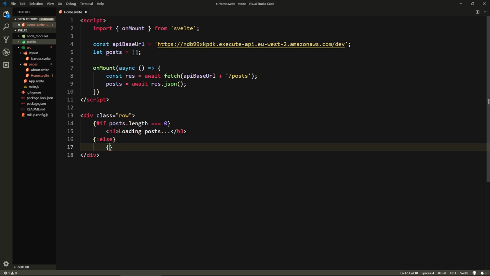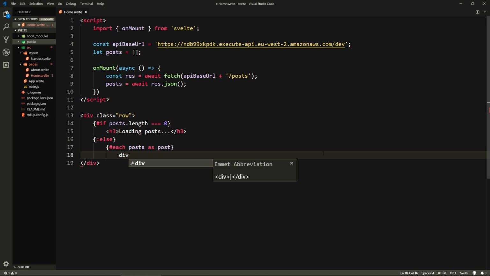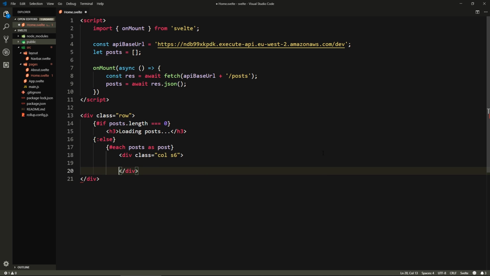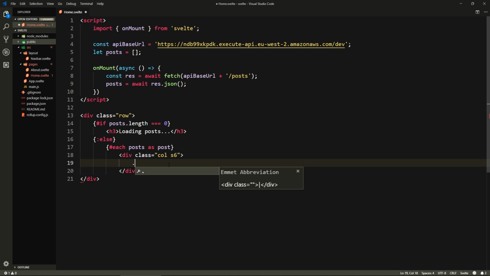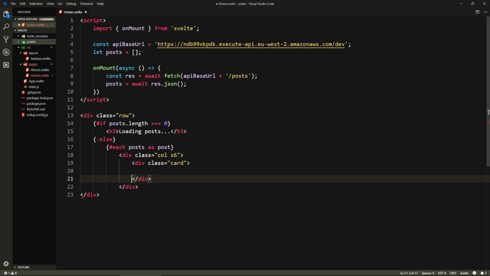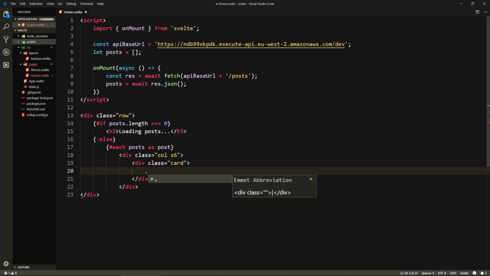So we'll open another expression and say #each posts as post like this. This syntax is kind of similar to PHP if you've worked with it, posts as post. So here we'll say div.col.s6. This is Materialize stuff. I want each post to take half the width of the container. And here I'm going to put a card, so .card, and inside the card we need card content, so .card-content,